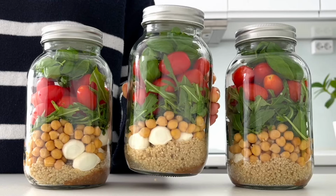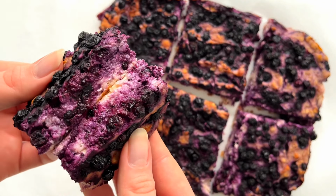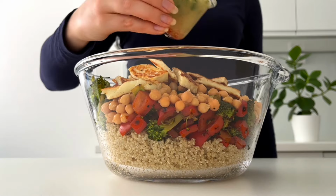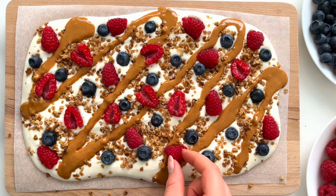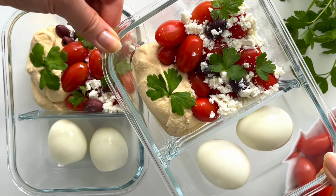So I meal prep on Sunday or Monday, and I usually meal prep for 3 to 4 days so that the food stays fresh in the fridge and we don't need to eat the same foods every single day of the week. And then usually on Thursday we make like a mini prep,